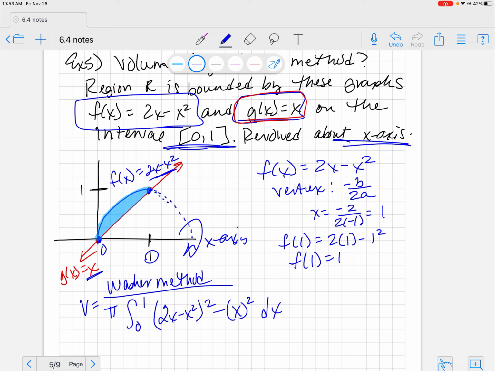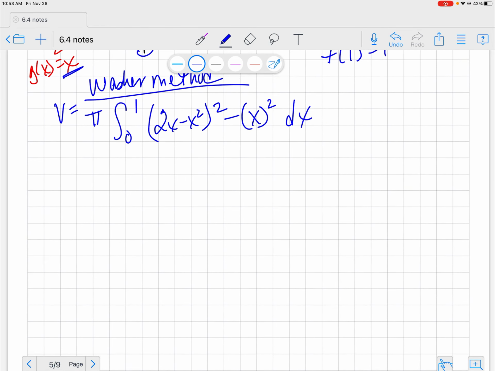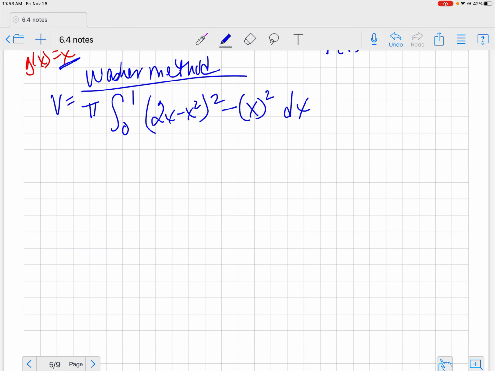If you can make everything the same variable, that is your washer disc method. Now I'm going to scoot this up. Now we just integrate. So let's get this thing out of the way. Oh, that's just squared, so let's go ahead and just multiply this out. I'm going to go from 0 to 1, square the first term,